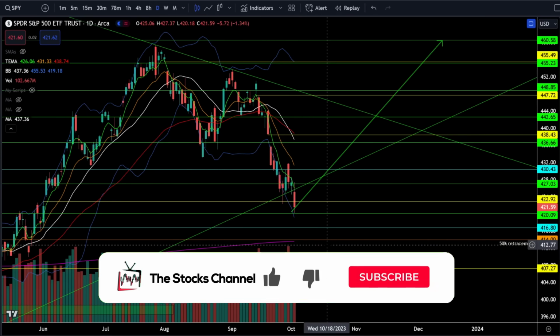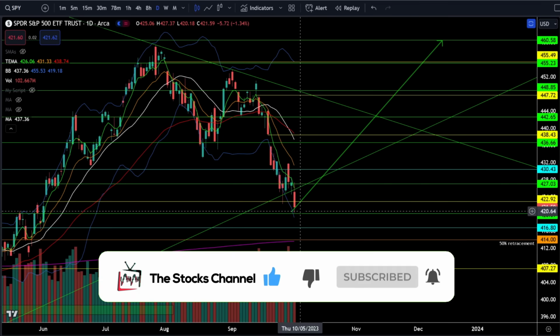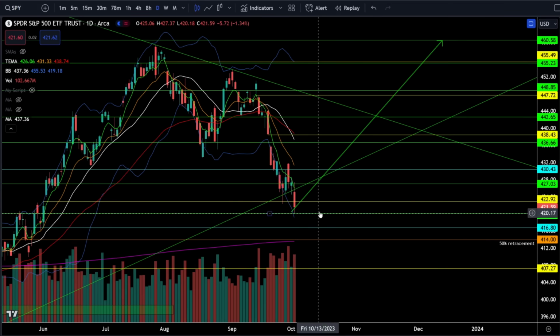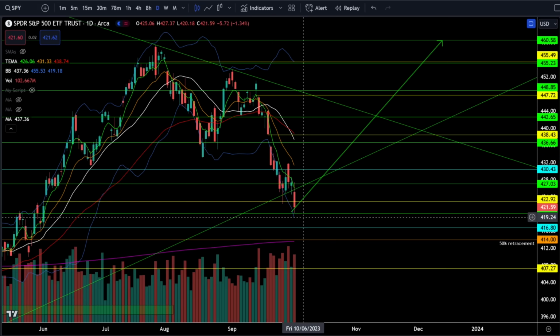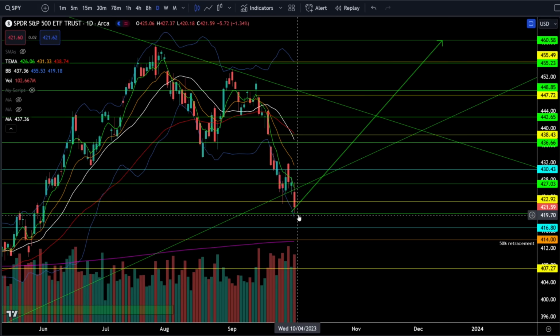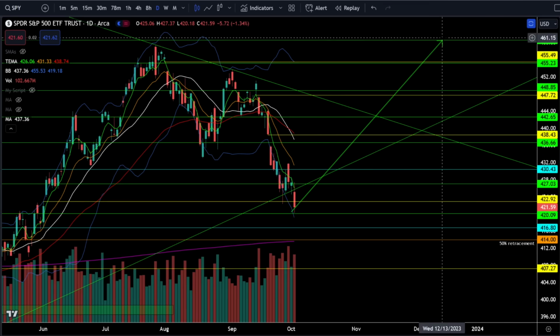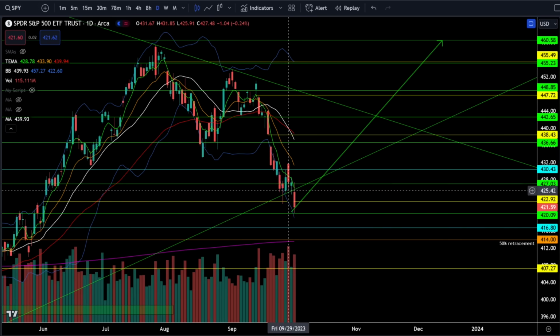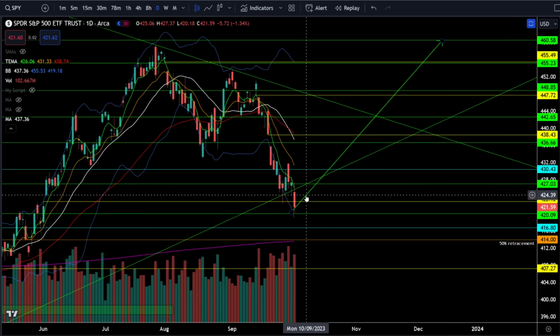All right. Today's SPY was down 1.34%, and we are finally getting that test of critical support down here at SPY 420. And I did a detailed analysis of why this was such a critical level, and I told you from here, I expect us to start back into the bull trend, back up towards 460. So now that we can see we hit 420 one day after I expected,